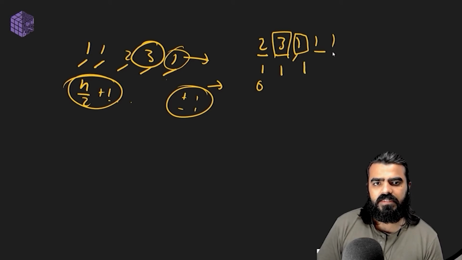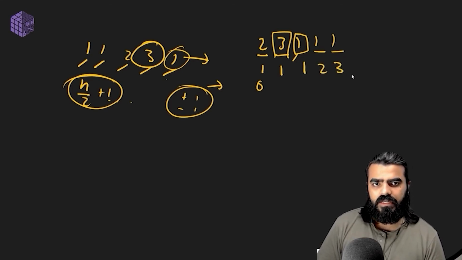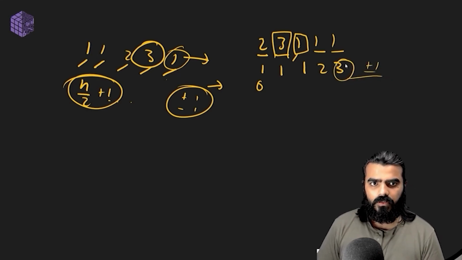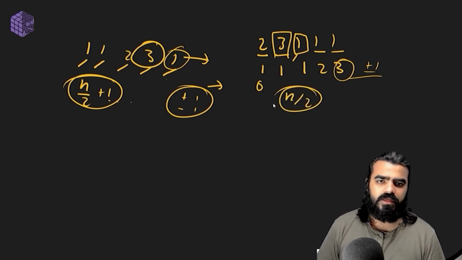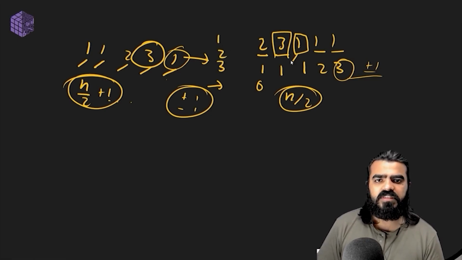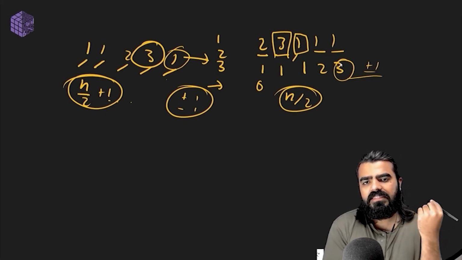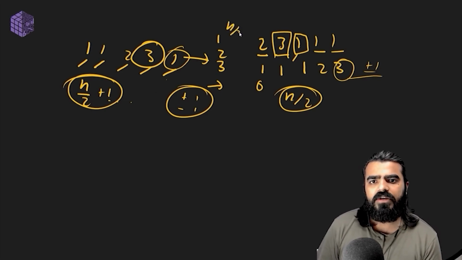The next element is same, next element is same, we increment it 2 times, count 2 and count 3. No matter if it is a positive value +3 +1, it is not of any consequence to us. What the positive value tells us is that it comes more than n by 2 times. That's all that it tells us, right? It can be 1 also, it can be 2, it can be 3, depending upon the sequence of numbers. But ultimately what it is telling is that I win because I am coming more than n by 2 times,